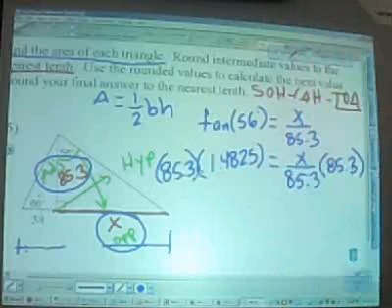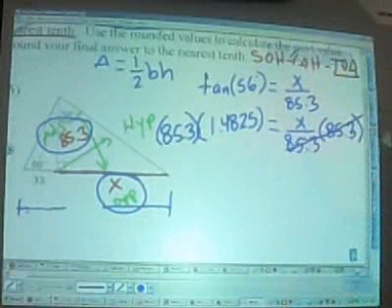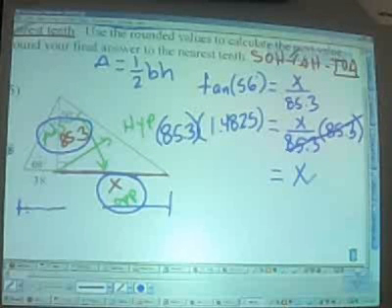If you walked in late, maybe somebody could whisper to you really carefully what we're supposed to be doing right now. Okay, so I'm multiplying both sides times 85.3. That canceled out. That was the whole reason why we did that, right? We multiplied by 85.3 for a reason. Now I'm multiplying that number, 1.4825 times 85.3, and I get